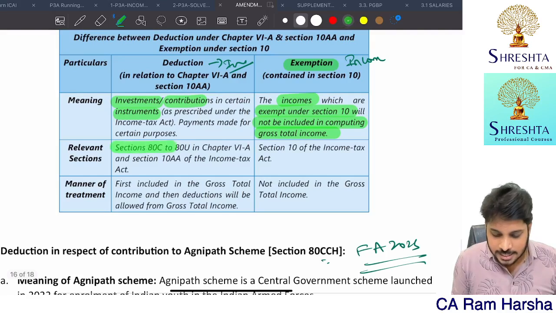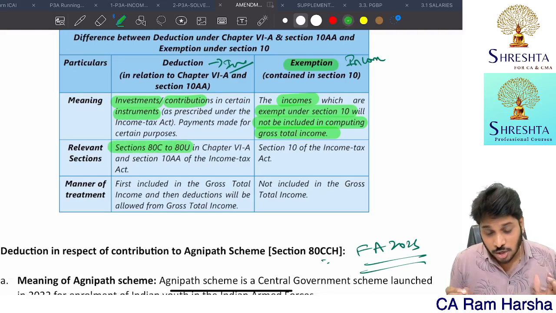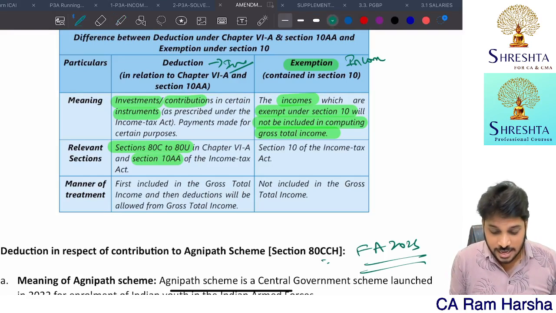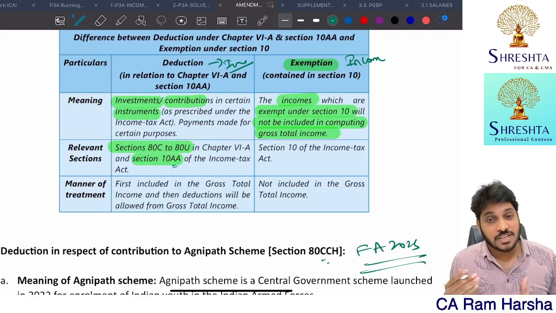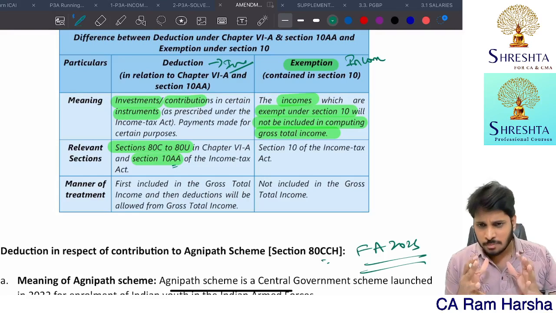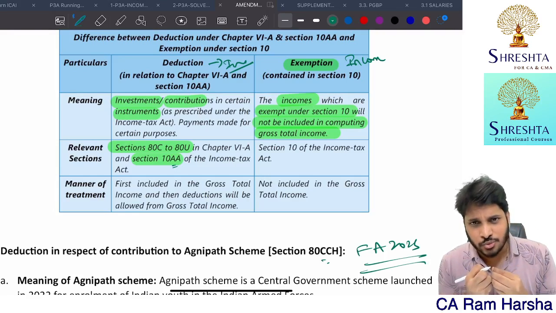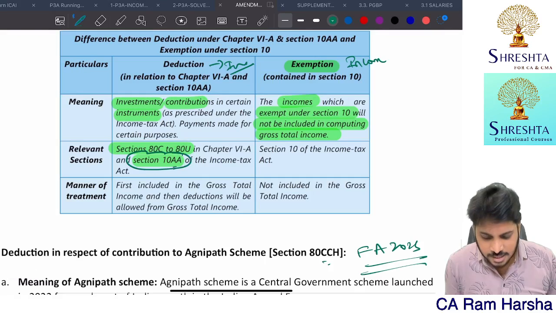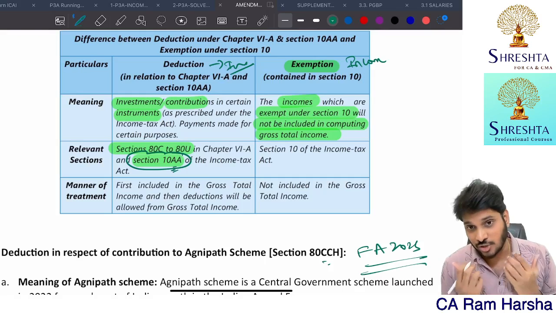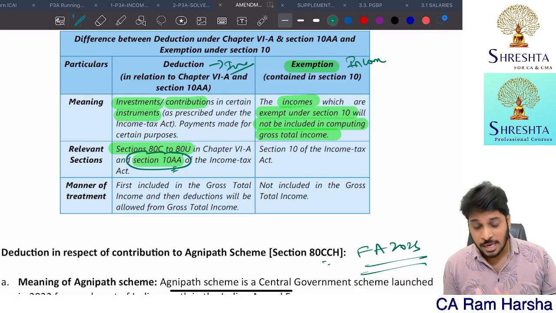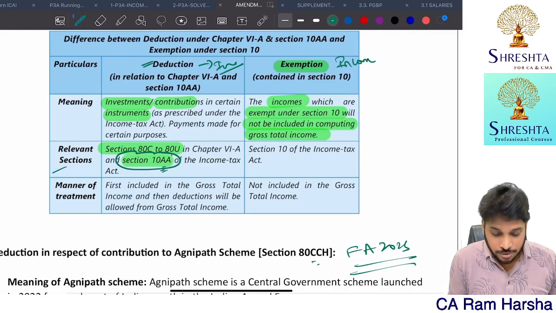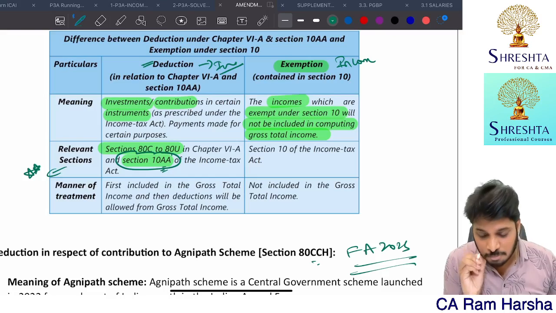And 80C, 80EU, 80U, these are the sections that talk about deduction, and there is another section which talks about deduction, 10AA. So 10AA, once upon a time, was part of the exempted incomes chapter, but in the new scheme material, it is kept as part of the deductions chapter. But whoever is my student, I kept it as it is under the exemptions chapter itself, because at the end of the day it is exemption only. It's not actually a deduction, it's exemption only. But from the Chapter 6 deductions point of view, it is classified as deduction. So from exam point of view, consider this meaning.